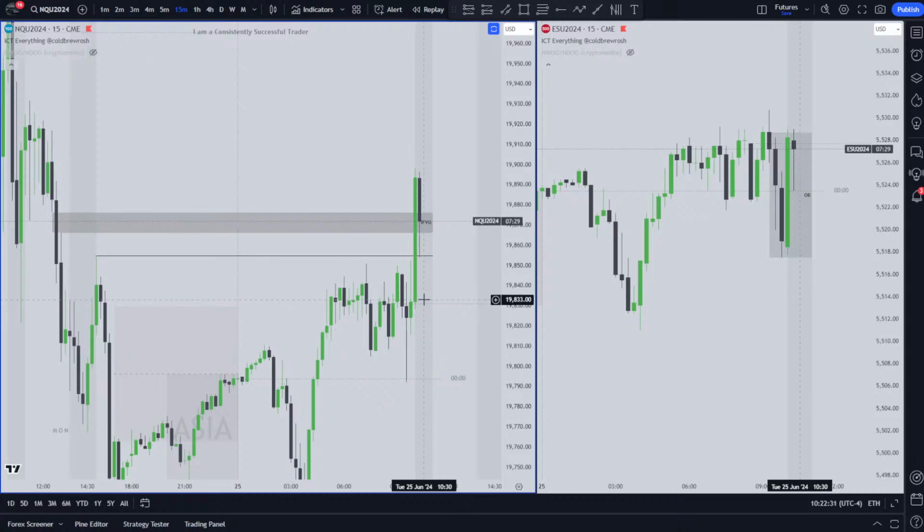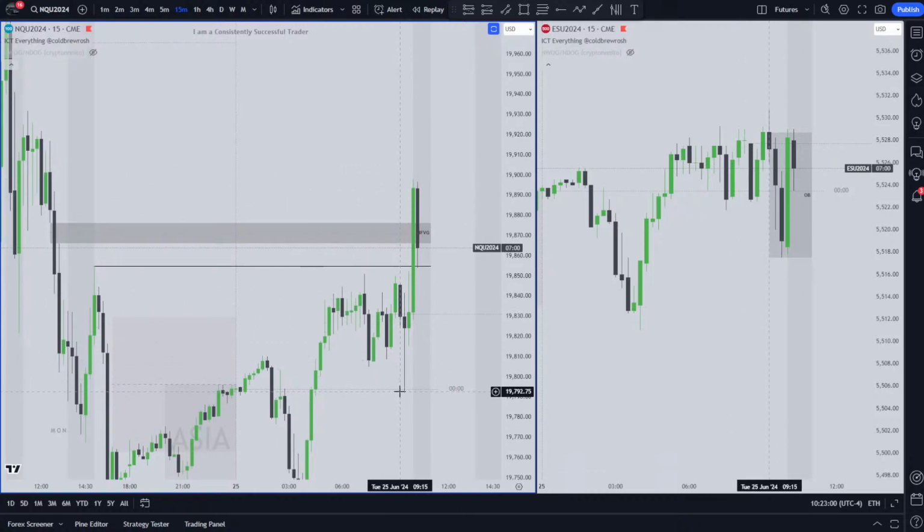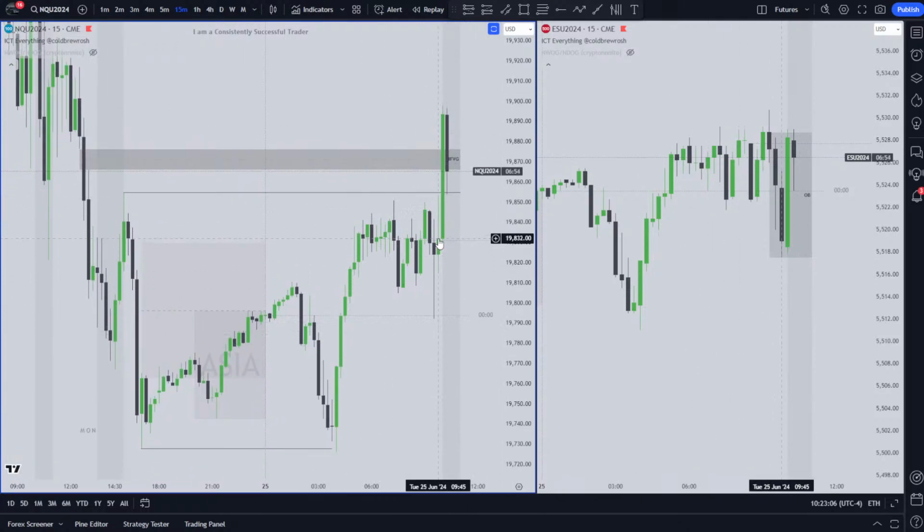With my rules, it says that I can't buy above midnight and 8:30. However, because that's what he said in I think it's core content, this is a very nuanced situation. Essentially I've got written down that if after 8:30 releases we then touch the midnight level, that counts as you can buy above midnight because you've done the manipulation into midnight, which is what we did. So it's valid to buy above midnight for me. And 8:30.